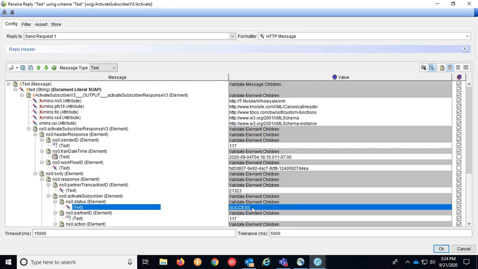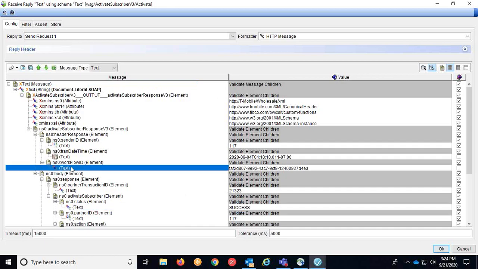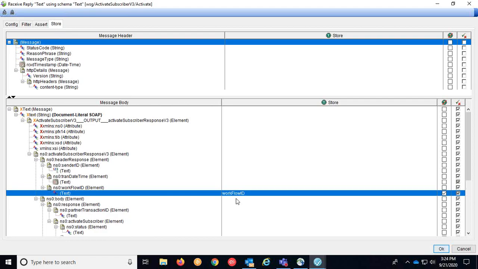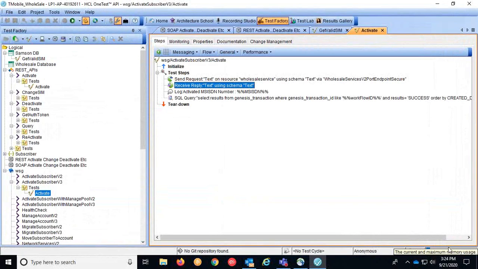So we're looking to see that we have a success. We're also going to look for the workflow ID, and we're going to store that workflow ID into a parameter called workflow ID. And in order that we check to make sure that the activation has fully completed, we're going to go to